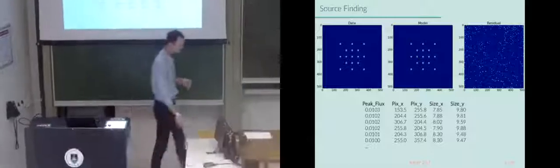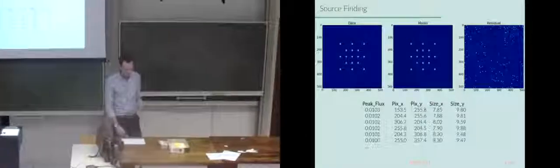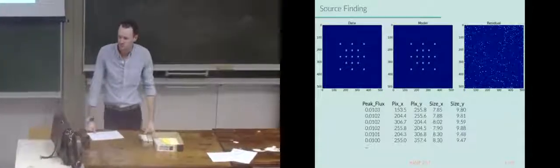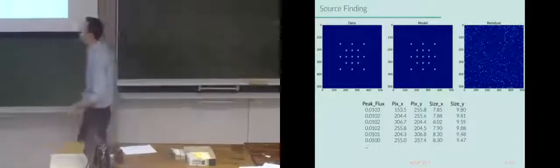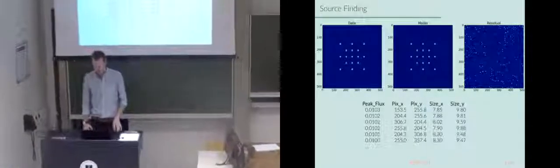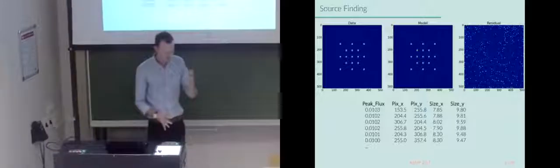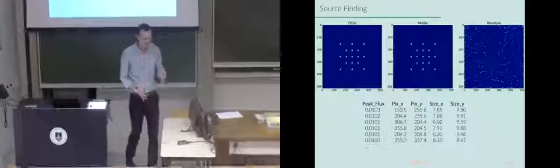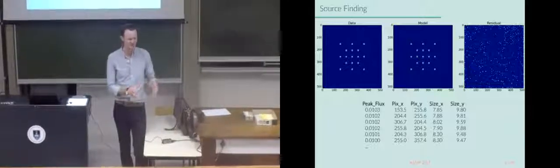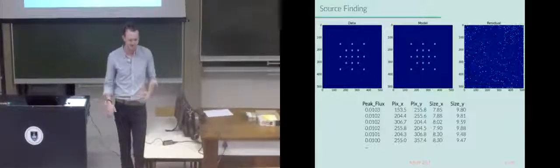There's a few source finders people use now, and you don't really need to write your own or anything. This is an after effect. Once you have your sky components, once you've made a nice deconvolved image, obviously the point is not to make a nice image, it's to do some sort of science on it, right?